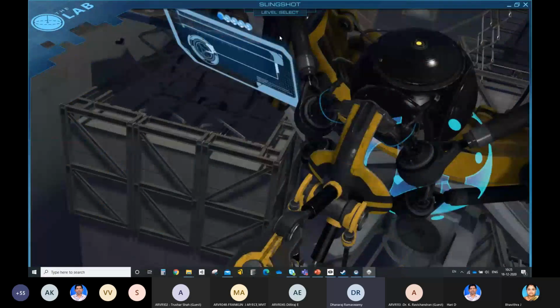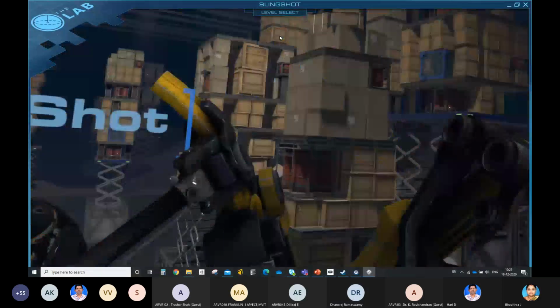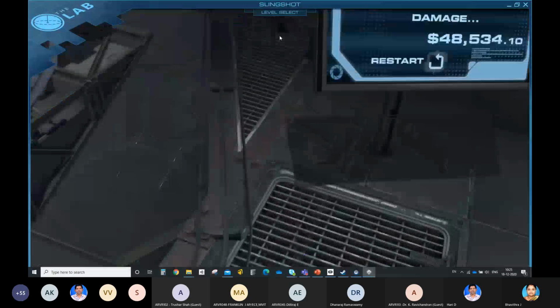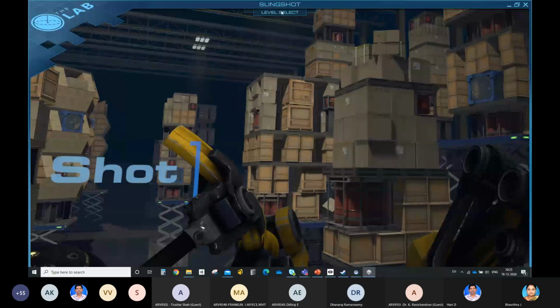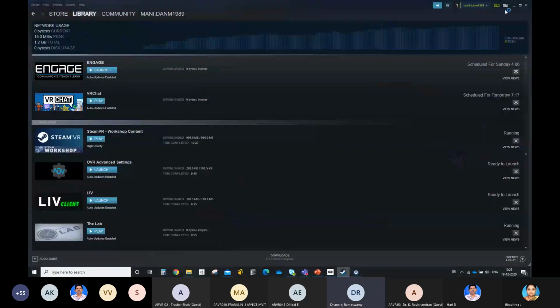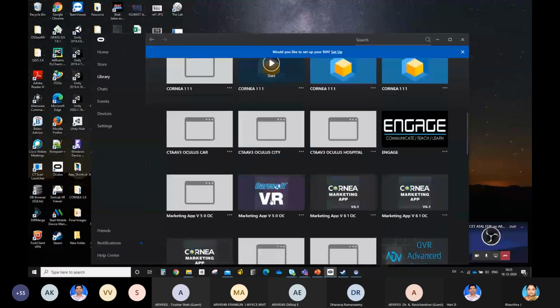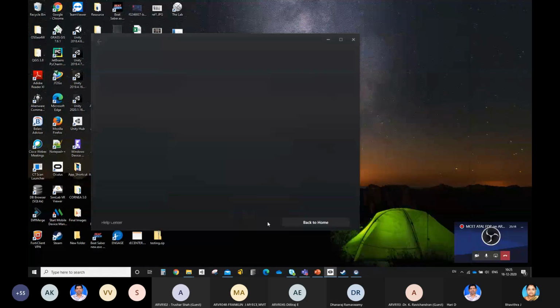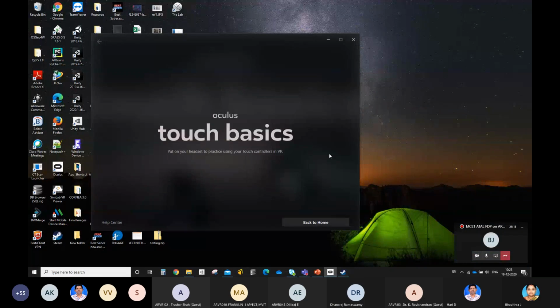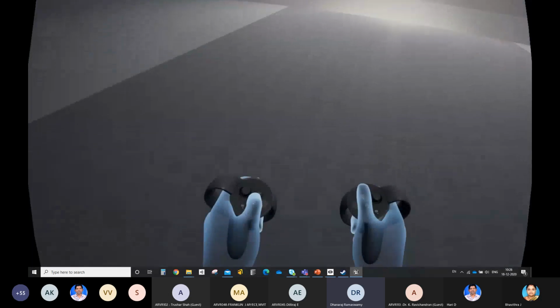It was just a simple game developed with SteamVR. This is our controller. In Oculus, we have a controller example.